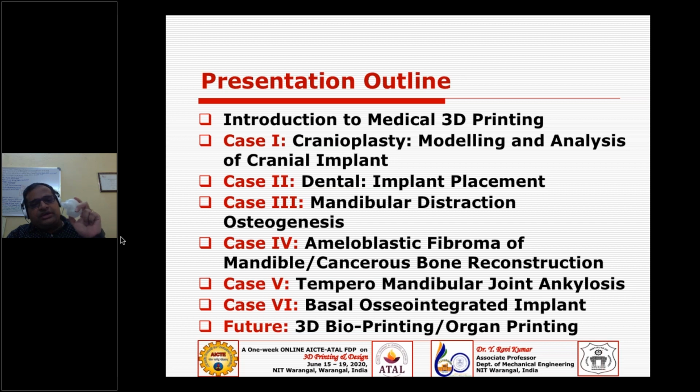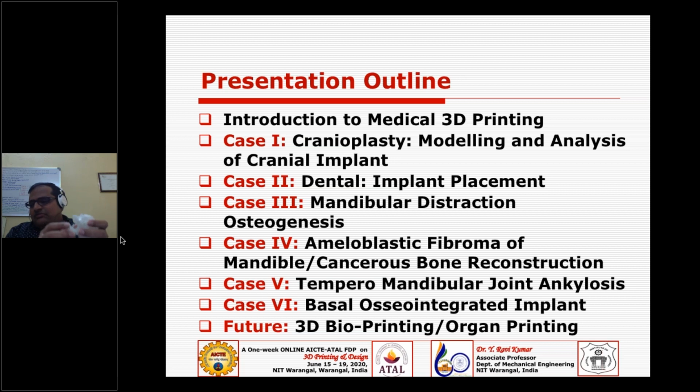So you can have this maxilla, the skull with the upper jaw, and you have a lower jaw. So for a healthy patient, you must have a free movement of the joint, this condyle portion, and the upper jaw at the maxilla. So it must have a free movement for a healthy person.